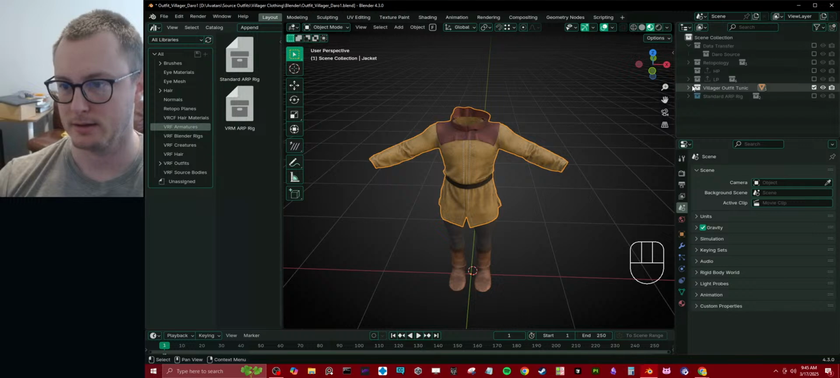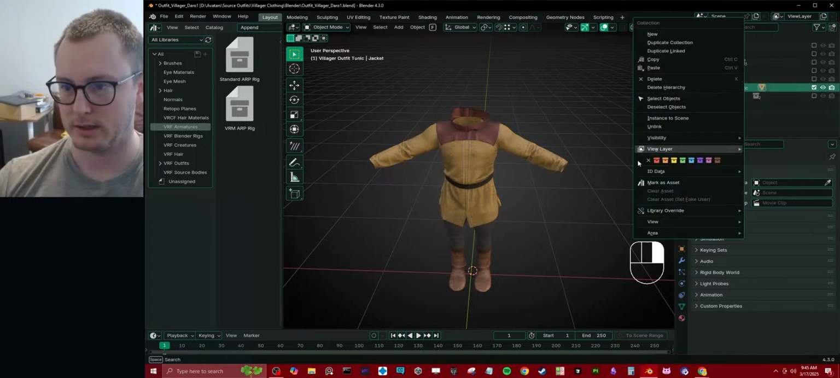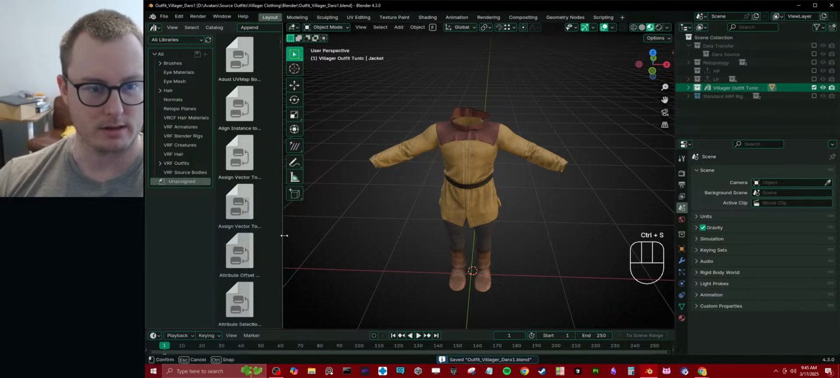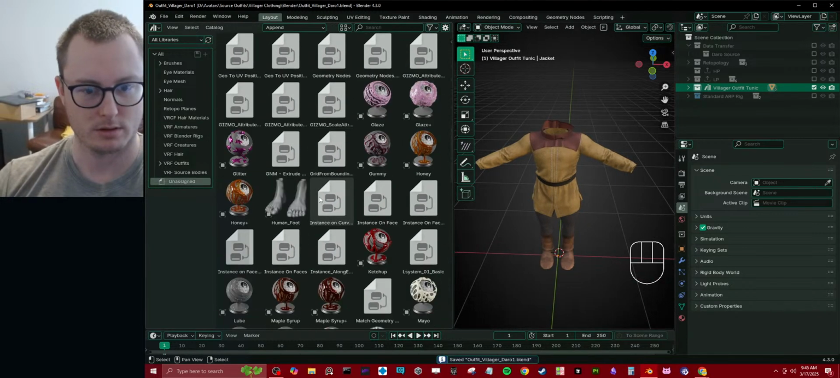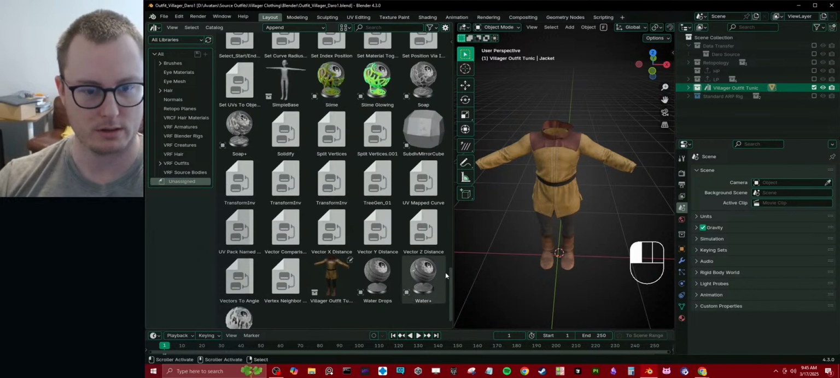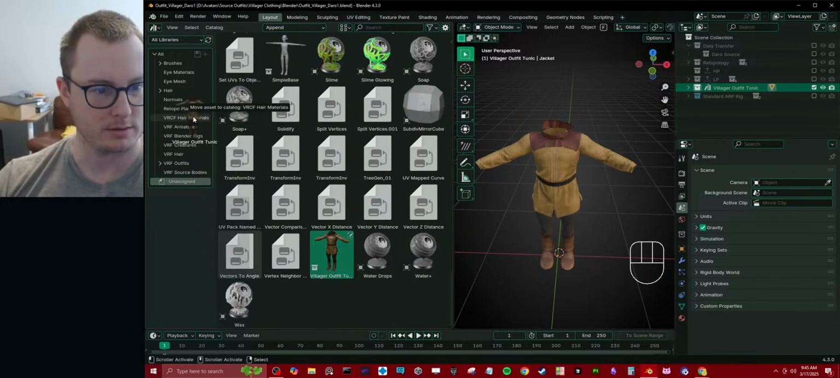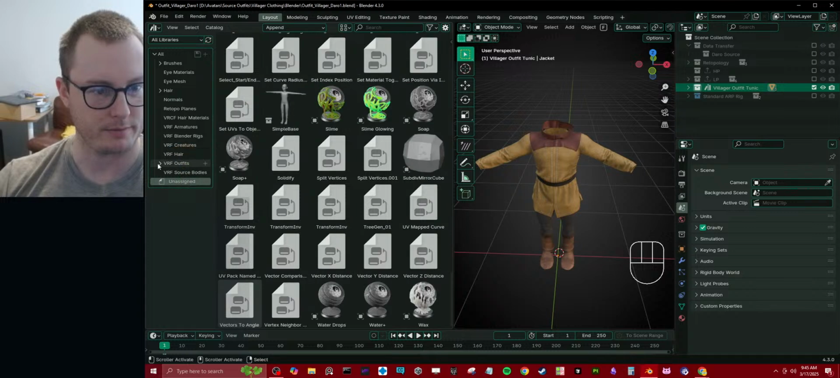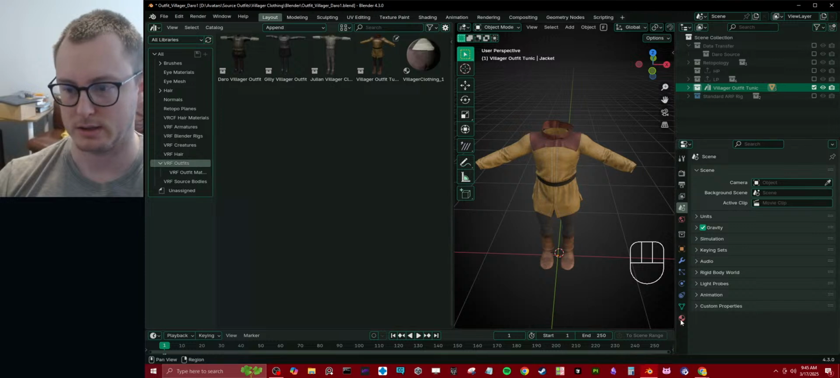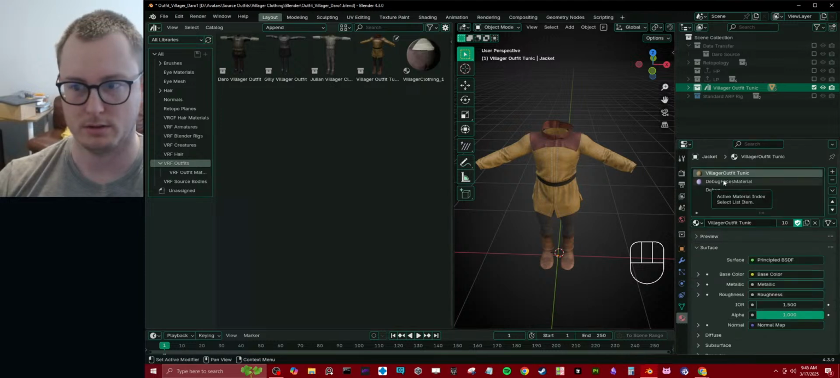So basically, this collection here needs to be marked as an asset. Then it should be in the unassigned section. So we're just looking for it right now. Right here. And this will go into our outfits collection. And I guess we will also include